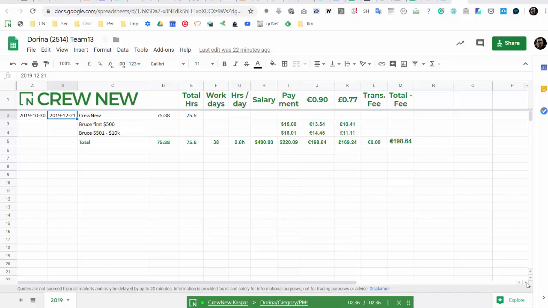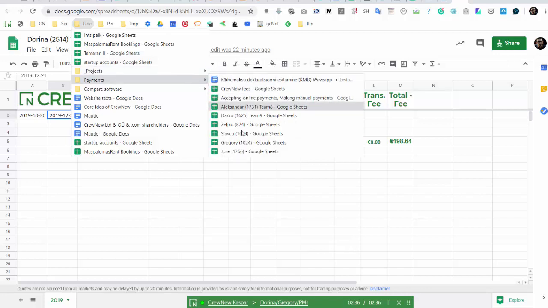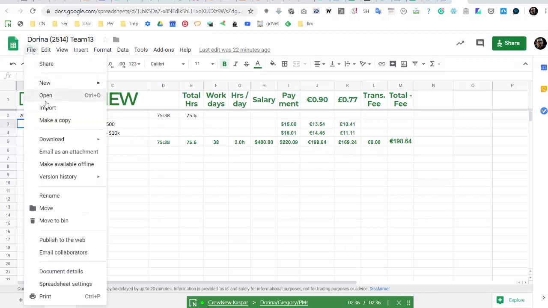Creating calculations for the first-time worker, checking the work for the first time, and making the payments. So basically I've got here under documents and payments all the people I'm in charge of checking the results and making the payments. So I make a copy of this,